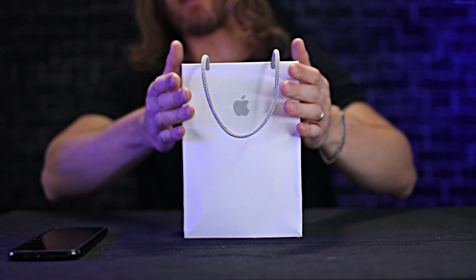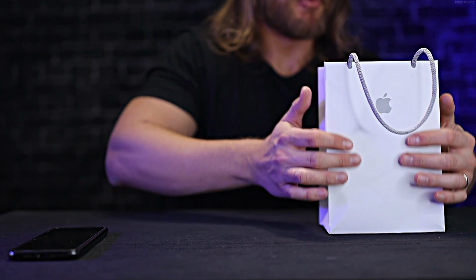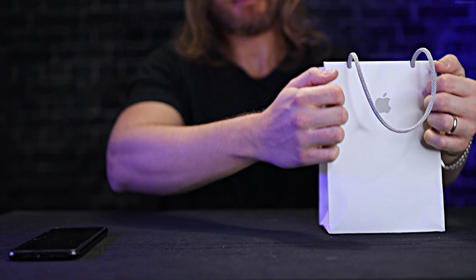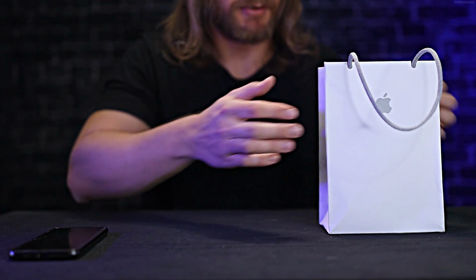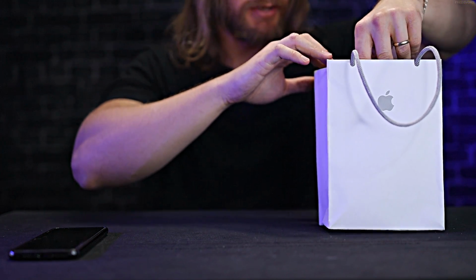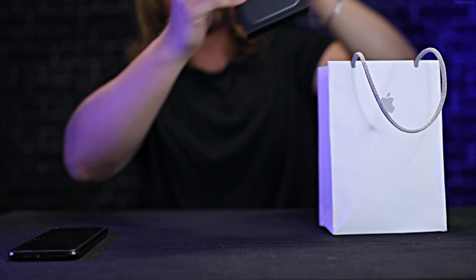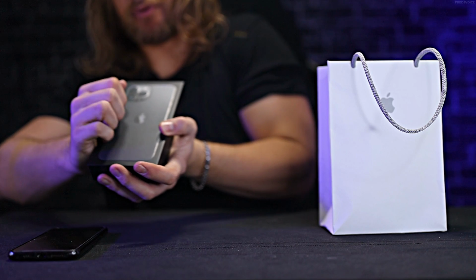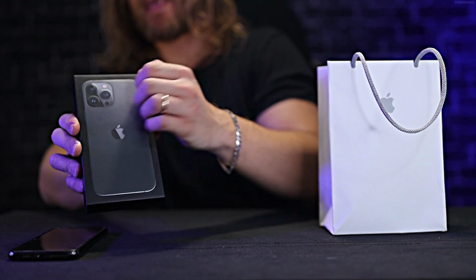But yeah, one of the big plus things are these Apple bags, which I swear they're made for ASMR. They're really nice and thick, like thick paper, and it's really satisfying, and I love it. So included is, of course, our iPhone 13 Pro Max, and this is, I think it's called Space Grey, but grey, and